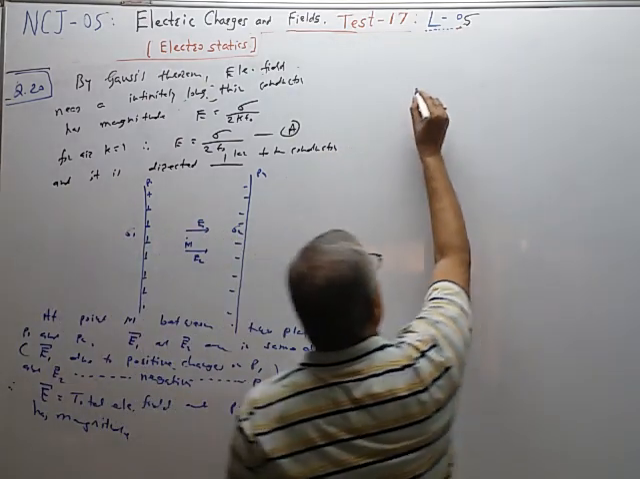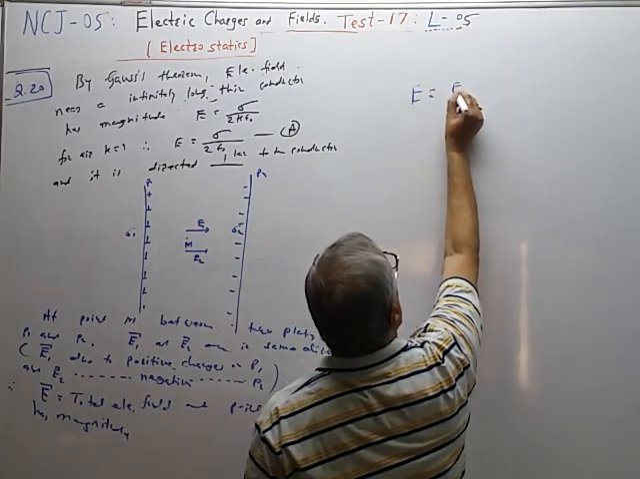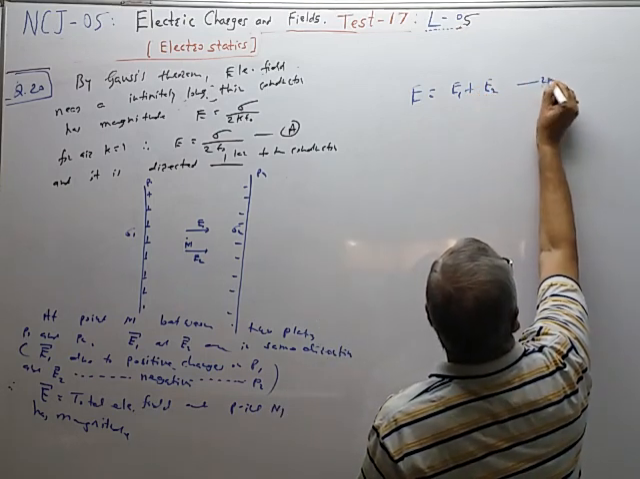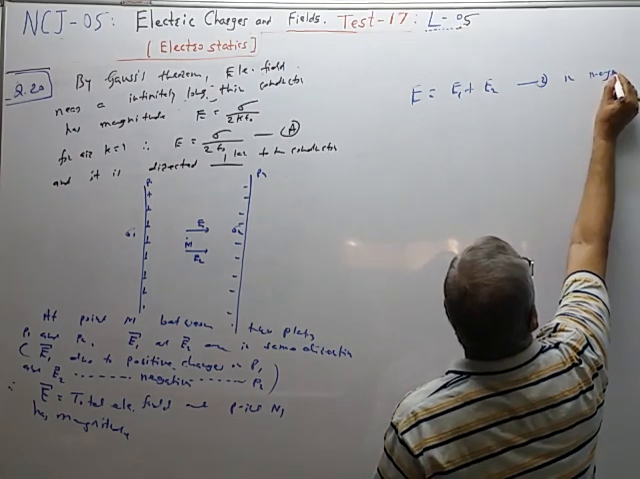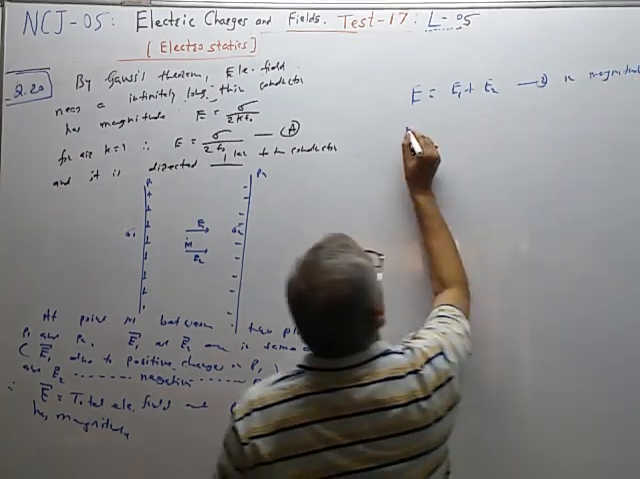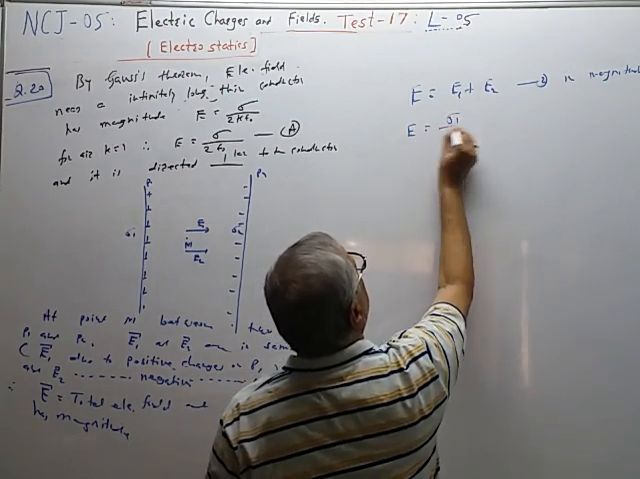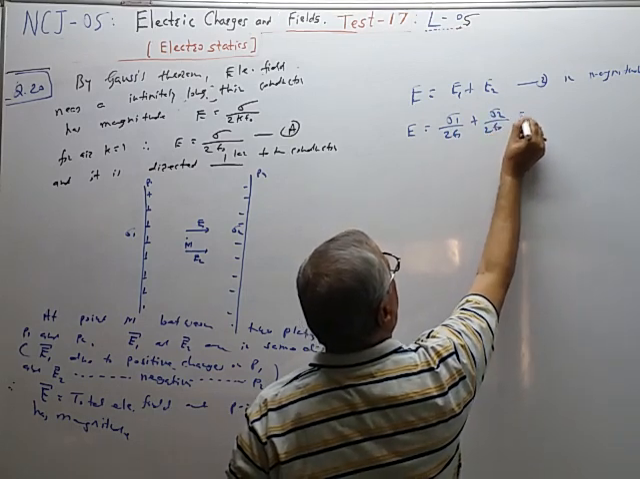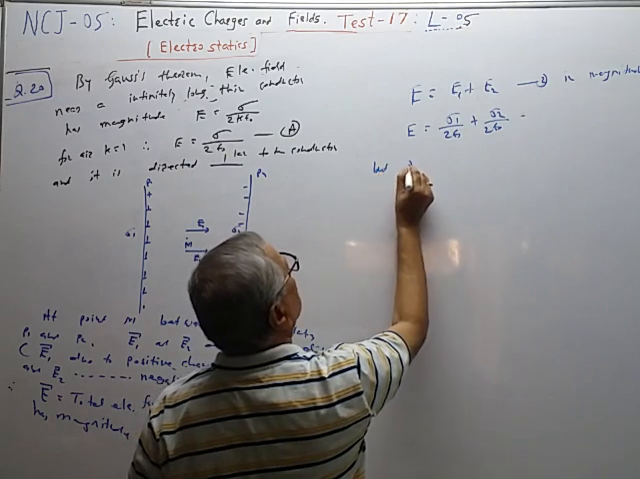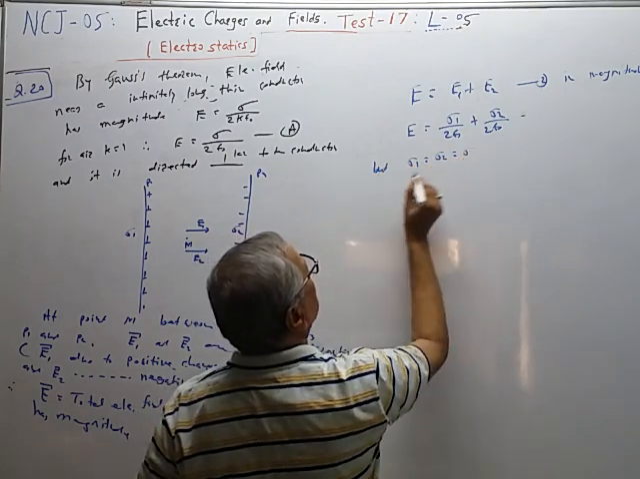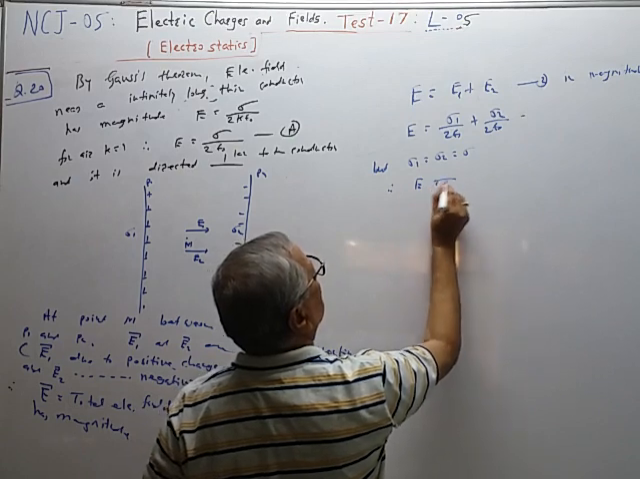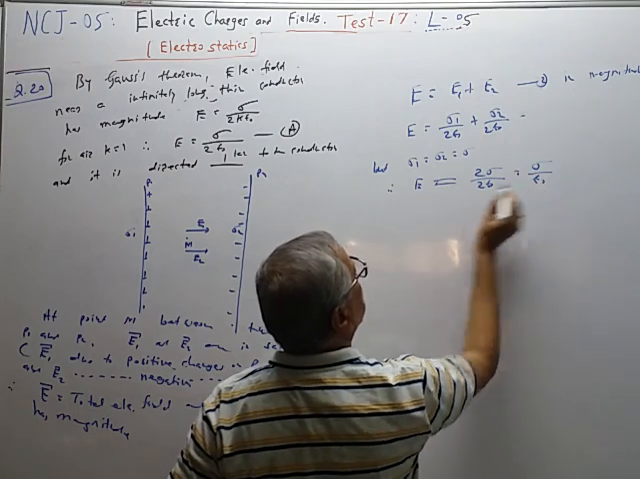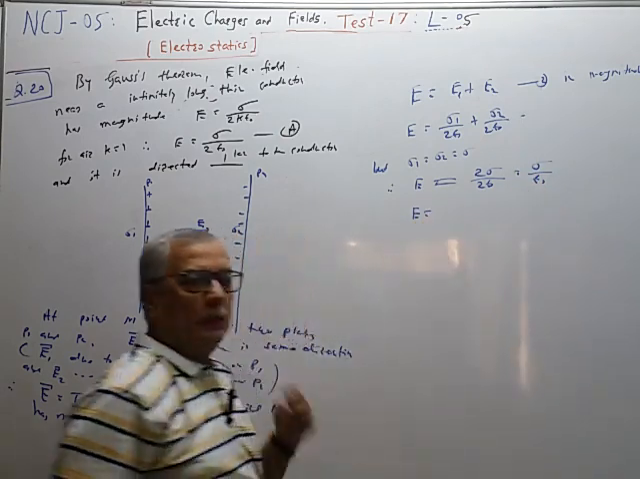So E1 and E2 are in the same direction, therefore E is equal to E1 plus E2. This is equation second in magnitude. And therefore E is equal to sigma 1 upon 2 epsilon naught plus sigma 2 upon 2 epsilon naught, but sigma 1 is equal to sigma 2 is equal to sigma, and therefore E is equal to 2 times sigma upon 2 epsilon naught, that is equal to sigma upon epsilon naught, and therefore E is equal to, now the